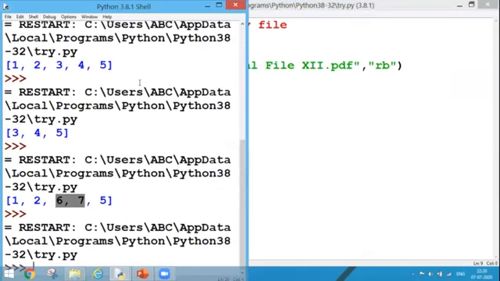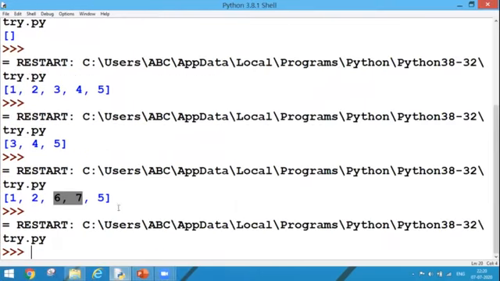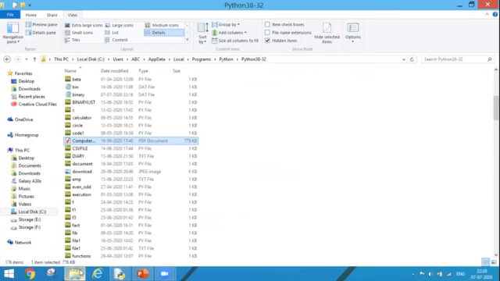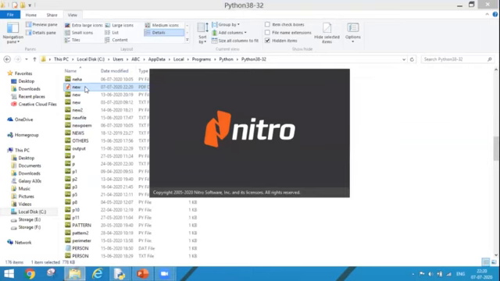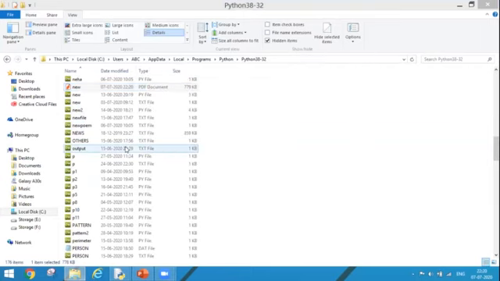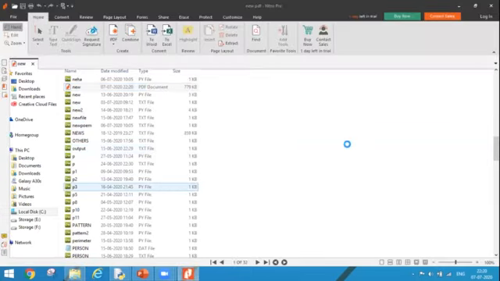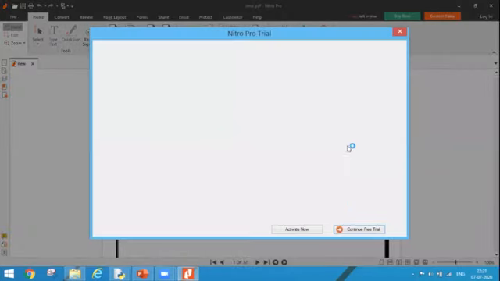And let's see, nothing will be printed. But I can show you that new .pdf has been created. As you can see, this is my new .pdf. And if I open it, then it will show you the complete data which is copied from my text file, sorry, PDF file into this PDF file.